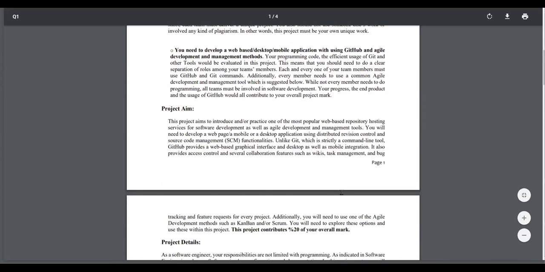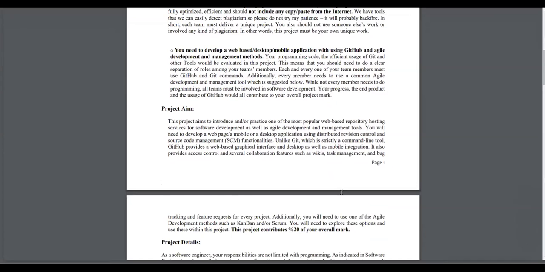Let's go to the project aim. This project aims to introduce GitHub, one of the most popular web-based repository hosting services for software development, as well as agile development and management tools. You will need to develop a web page or a mobile application or a desktop application, on the topics given down there. And you need to use GitHub tools, source code management functionalities, the version control systems, and also